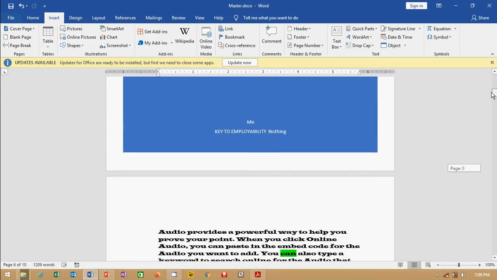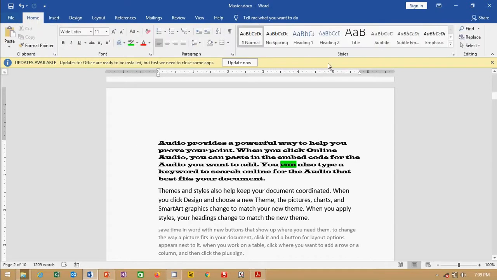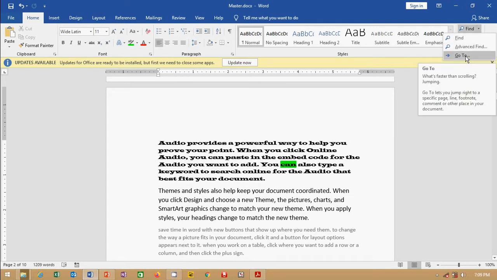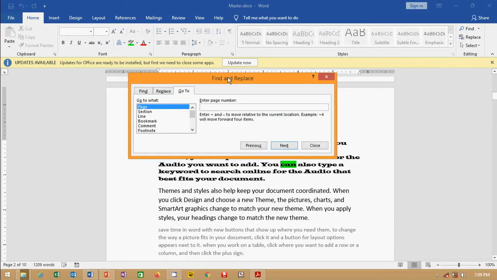So what is the requirement of five locations? Now I would like to go from one location to another in a very easy way. Now the second step, go to the Home tab. So now I have five locations, and I need to move from one to another in a very easy way. How to go? Home tab, then Editing group, then Find, then click Go To. Otherwise you can press Ctrl G. A dialog window will open, the Go To window. Now select Bookmark, as I am going to move bookmark-wise.